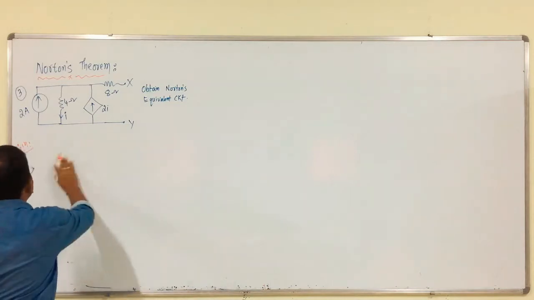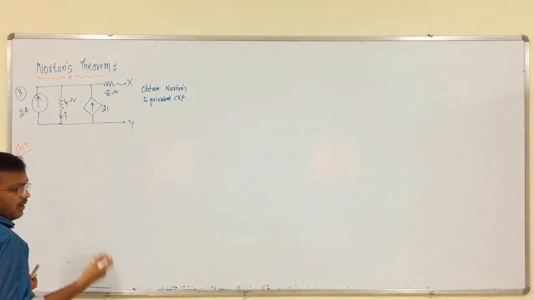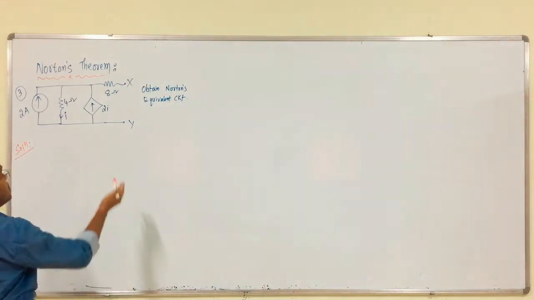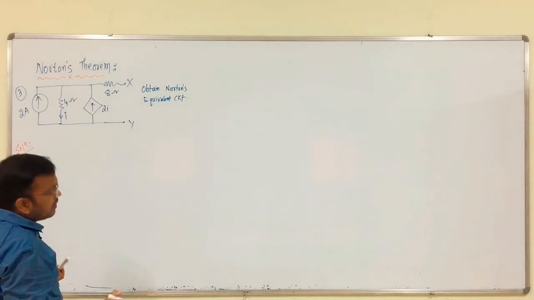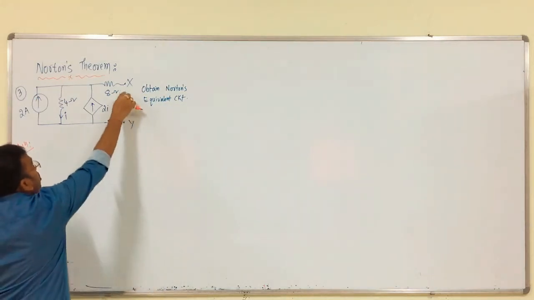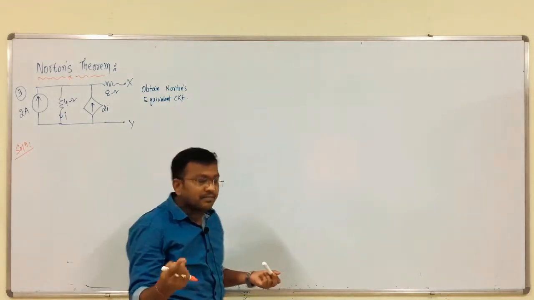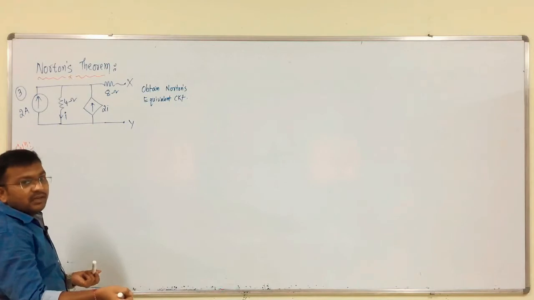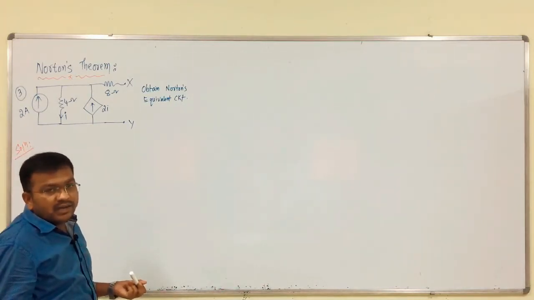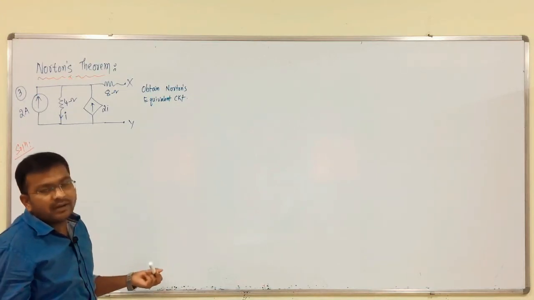What is the first step? To calculate ISC, then next Rn, later we have to get the equivalent circuit of Norton's resistance. To calculate RTH or RN, both are same, right? The same procedure you have to follow. You have to short these two terminals, calculate ISC first, later calculate VOC. After getting ISC and VOC, we have to get RN, that is VOC by ISC, that is nothing but RTH, which is equal to RN.